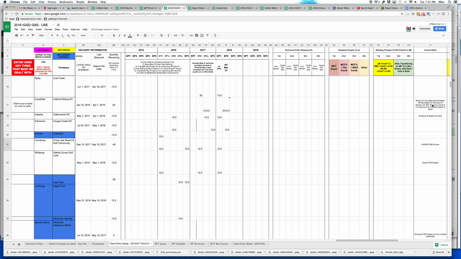And I put that in the invoice note, so it came over as well. Billing for any required items that we added to the amount due on delivery or shipping with shipping invoice if full payment on contract option is taken. So basically what I'm saying there is, okay, if they take the full payment on contract, then they will,